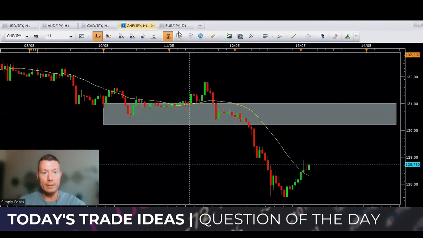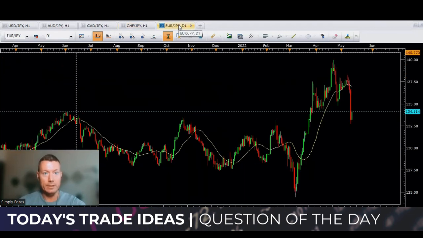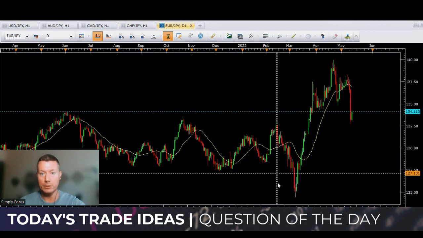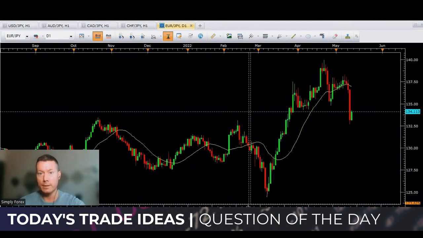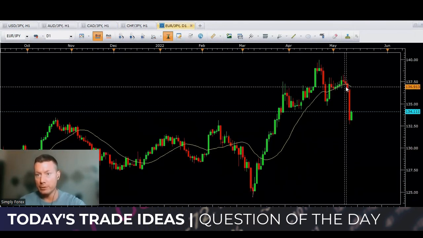Okay, so I didn't enter this. This is the euro against the Japanese yen. All right, so another yen pair. Yeah, all the yen pairs are shooting down. Okay, but I mean, look at this bearish candle. Okay, normally I'd have no problem shorting something off this candle. Yes, broke these lows,